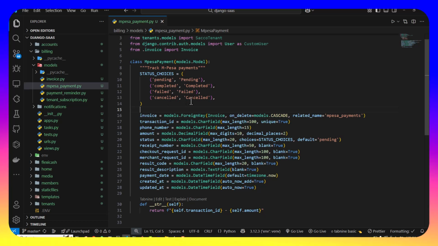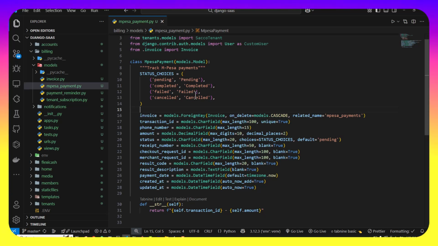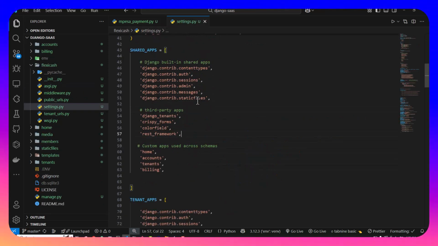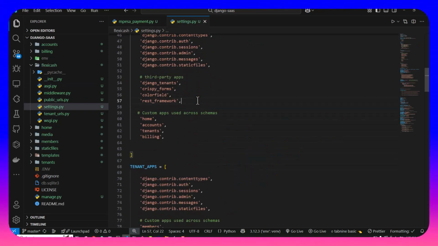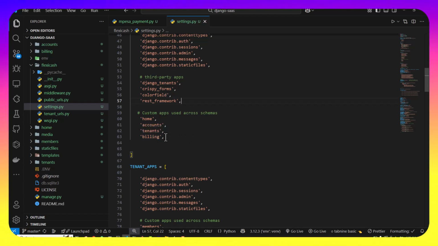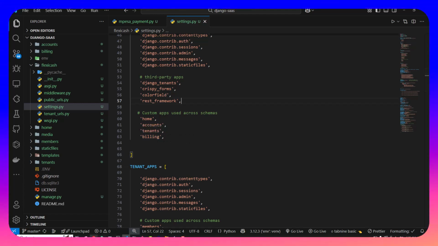It's going to be a C2B payment where they're being sent an account number which they will be assigned to, as well as the pay bill number where they can make the payment. So the tenant application is kept inside the billing application, which is inside our settings app. So if we register them under our